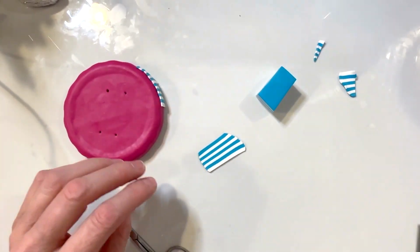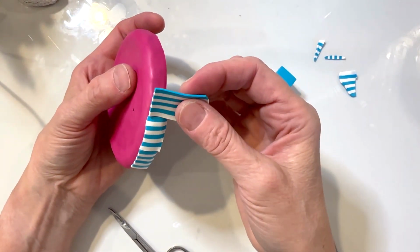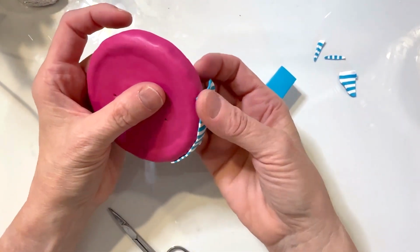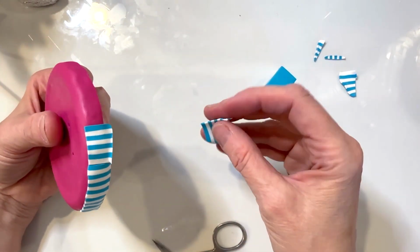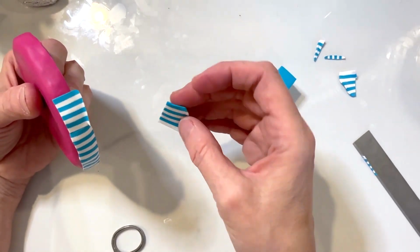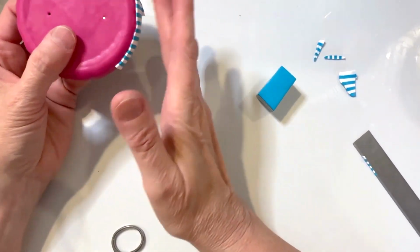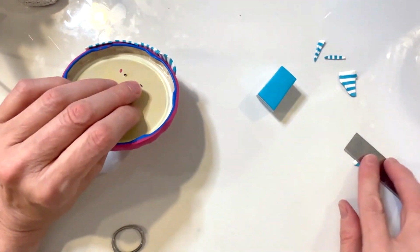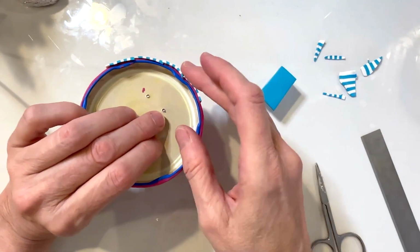Once you have that blue and white stripe all the way around your lid, I noticed in particular with this Vlasic jar lid, there were little indents all the way around the side, and each jar is different. I mean, I'm using a Vlasic here and I'm using a Smucker's jar. You could use all sorts of different jars, whatever you have. But some of them, like this one, have this natural indent. So I'm going to take my knitting needle here and I'm just going to rock it right over the indented areas,